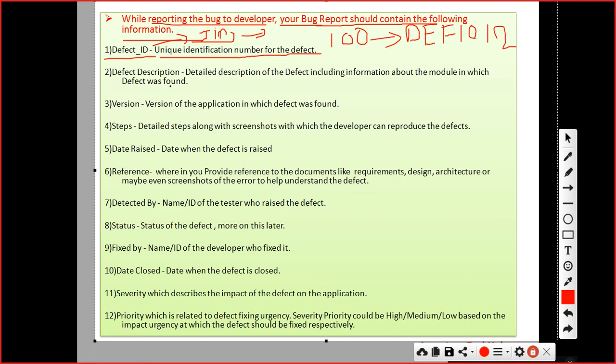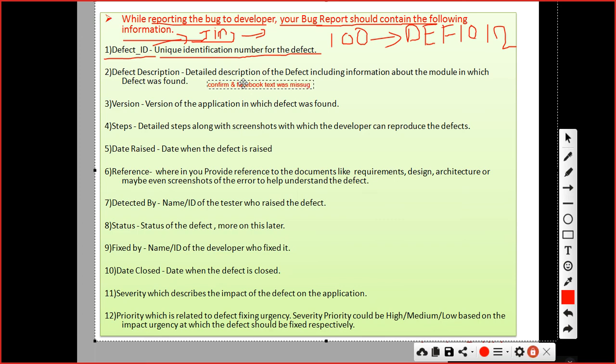Then you have to describe, right? I have shown you. Here, for example, the confirm and Facebook text was missing.